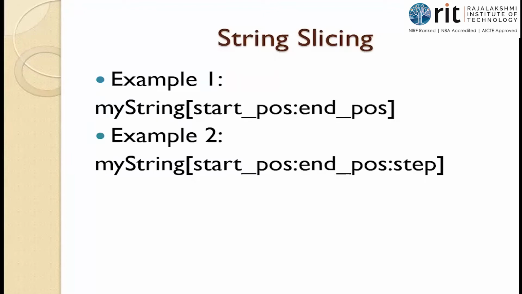I can even have another example. Third example என்ன வரணும்னா my string of end position alone. நீங்க starting position கொடுக்கவே வேண்டாம். Starting position கொடுக்கலனா என்ன ஆகும்? It starts from the beginning of the string and it stops one place before the ending criterion. அவ்வளவுதான். Range function கொடுத்த மாதிரி தான். I can give the ending position alone, or I can go with starting and ending position, or I can give starting, stopping, and step size. So these are allowed. Here I use square brackets and colon. There I use comma. Okay, this is the difference.